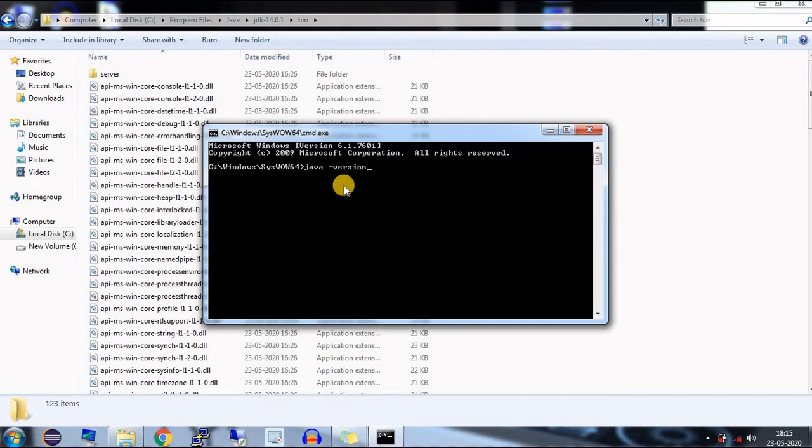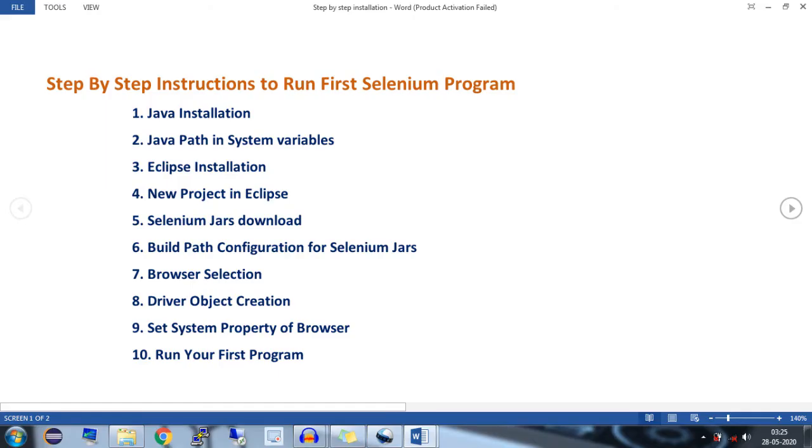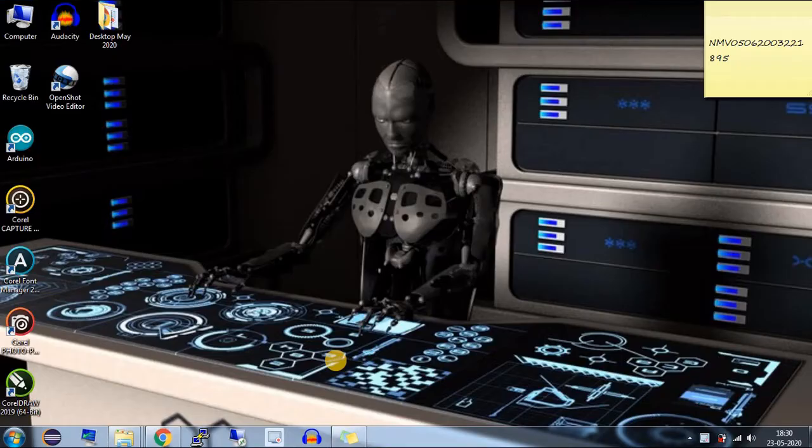With the help of this command we can verify the Java version. It will ensure that the Java home and Java bin paths are properly assigned in environment variables. So here is the result for the command java -version. It has shown me the version name which I have installed. It means that we have properly assigned the environment variables and we are good to go. Okay, so now we are done with the environment variable setup for Java.